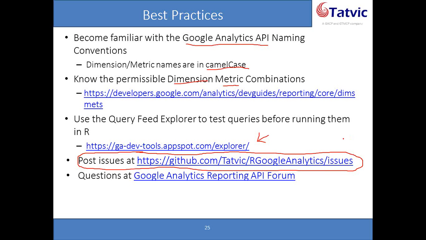We actively maintain it. And one last thing is that if you are a developer and interested in contributing to R for Google Analytics, this is an open source initiative. Please feel free to reach out to us via GitHub or our website or Twitter, and we should be happy to induct you into this open source initiative.